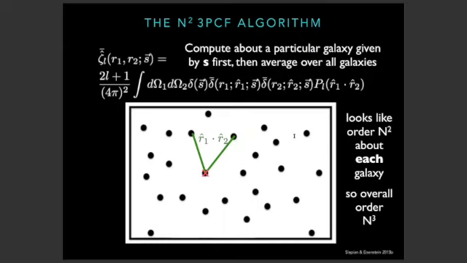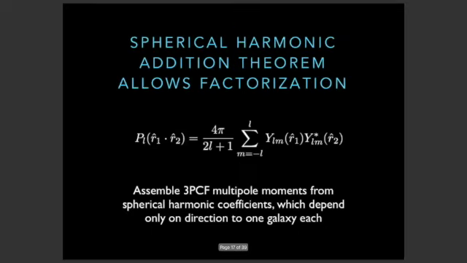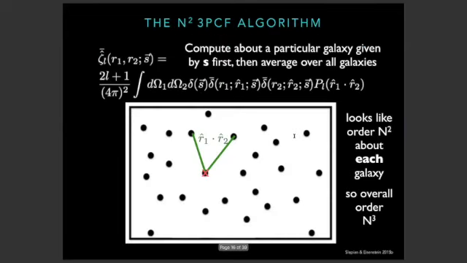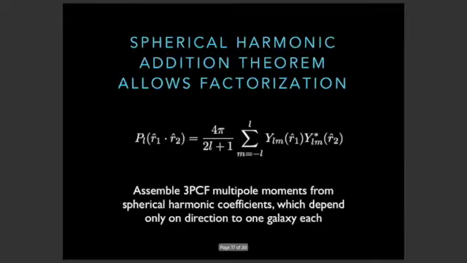However, this multipole basis enabled Daniel and I to develop this n squared 3-point function algorithm where we basically sit on this red x point, which is one galaxy. We look at these two green guys, which are directions R1 hat and R2 hat around it, and we factorize this Legendre polynomial weight into spherical harmonics that each depend only on one direction. So this actually gives you an order n squared algorithm, because you can use this addition theorem to split the integral that I showed. You can take this integral, which appears to require you to look at R1 dot R2, and split it into two separate integrals over the two directions.